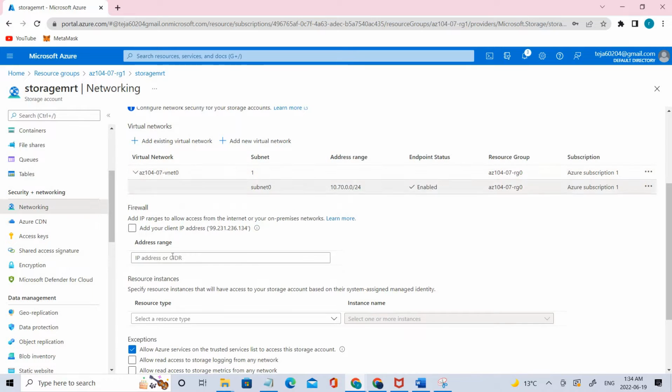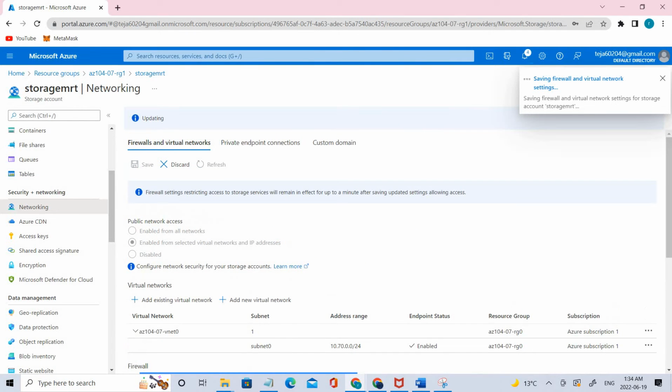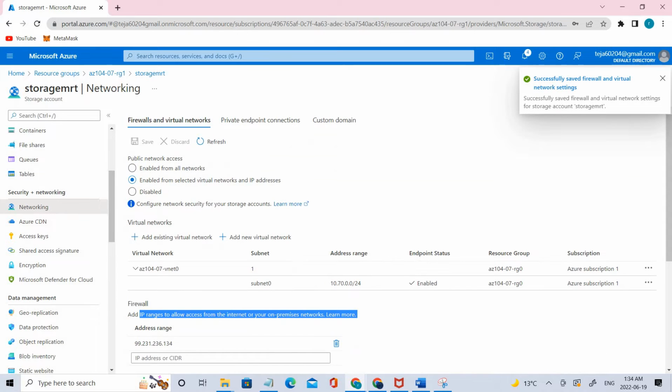So once it is done, add your IP. So client IP address, click that as well and click save. So once that is done, we have to go to private and we have to try to access the blobs